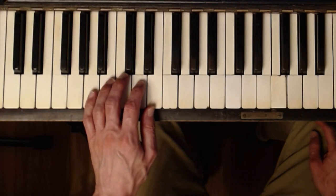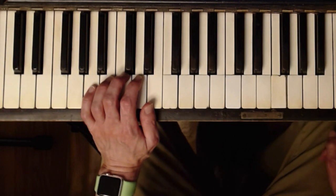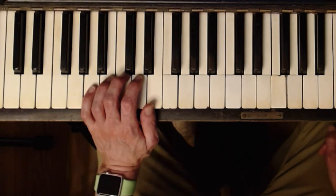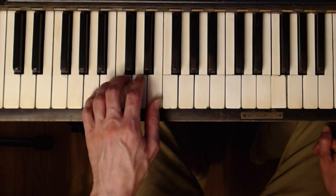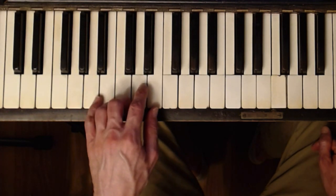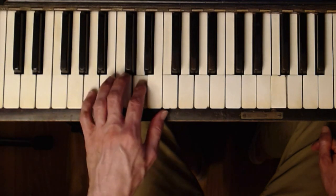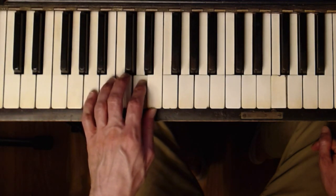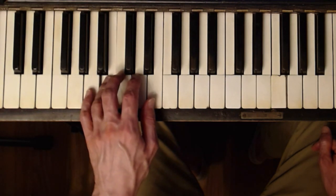Starting on measure 12, we're going to play all the way to measure 18. And let's start with this left hand thing. So you have A to D, with the 5 to the 2, and B to E with the 4 to the 1,